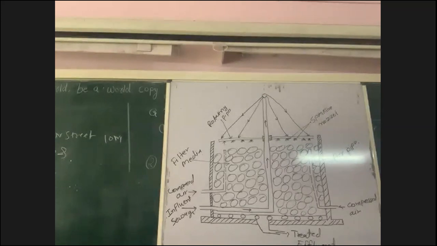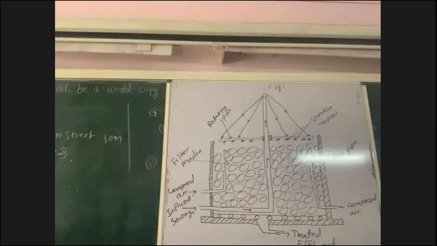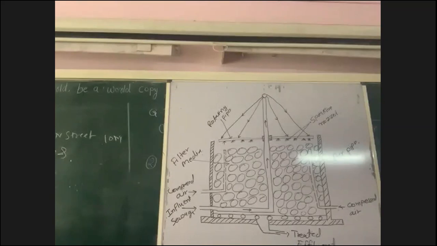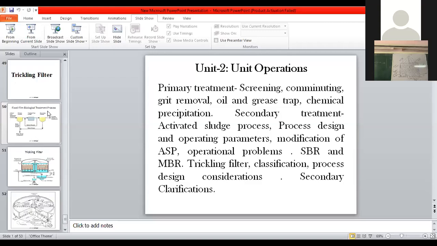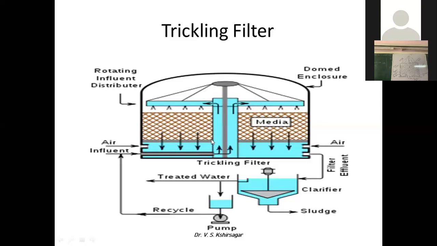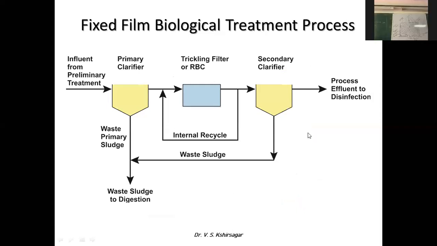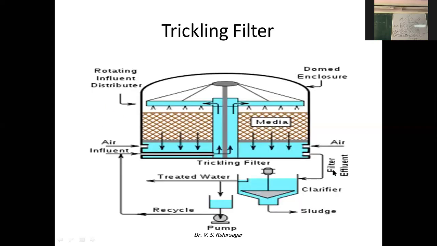So this will help, and that's why we usually construct the trickling filter in a circular shape. It becomes easy to sprinkle in a uniform way. Instead of rectangular, we go for the circular type of trickling filter. So I will show you here in the figure. From the current slide, I am going to present. Okay, this flow chart we discussed now, and while discussing the flowchart, I explained some of the things in the process or the working. So you can see here the figure, trickling filter.